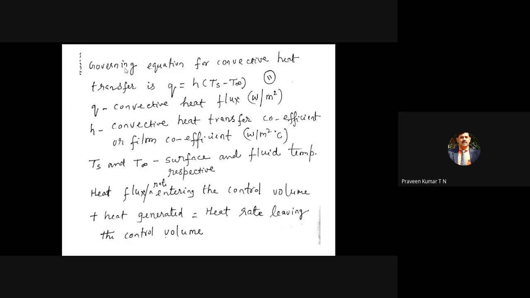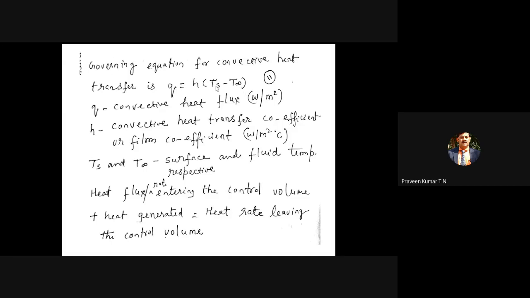Now finally we have the convection heat transfer equation that you have already discussed. Most of the time you go for heat flux, that's why there is no A term here. In your regular heat transfer subject you consider heat flux, but when you come to finite element analysis, you are considering the heat flow. It may be convective heat flow or conduction heat flow. That is heat flow per unit area. That's why the unit of Q is watt per meter square, the complete heat transfer divided by area.